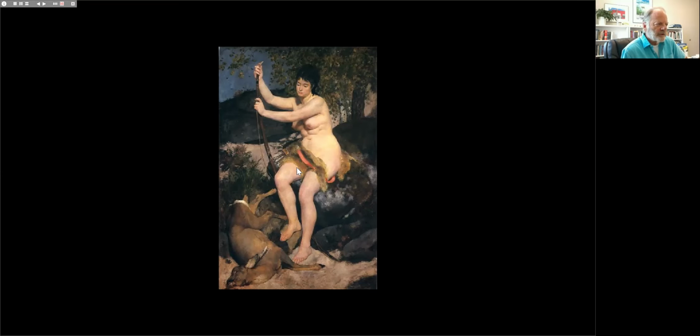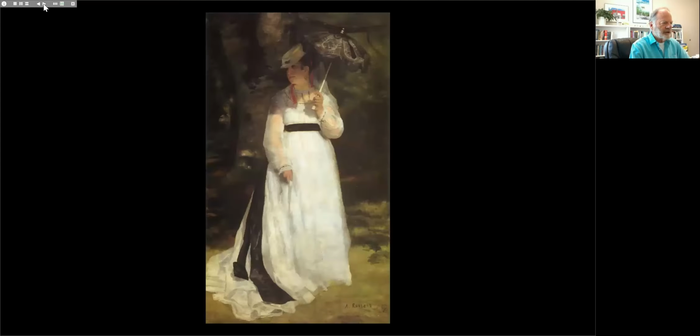The technique here is particularly reminiscent of Courbet in his rendering of the bulky body of the model with abundant shading that gives her a sense of real substance within this large canvas. And I think I have a couple other examples. Some of these we saw earlier. This is Lise, the same model, but now with an umbrella. It dates from 1867. This was accepted at the Salon of 1868.